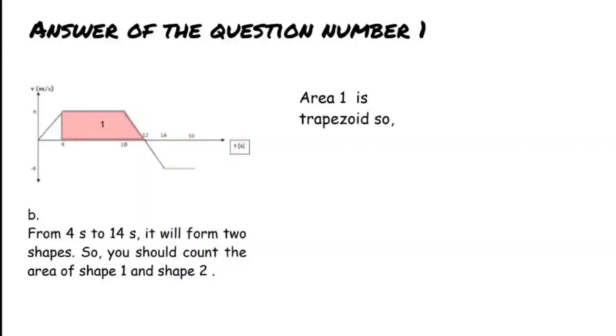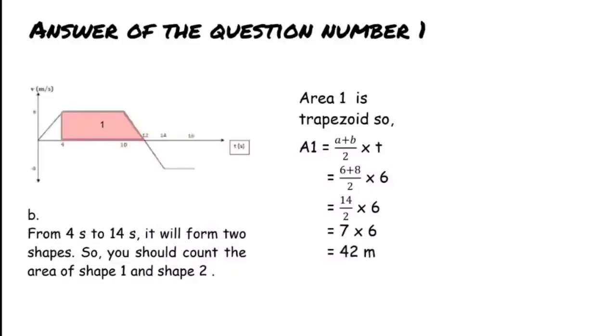Okay, area 1 is trapezoid. So area 1 equals A plus B over 2 times height. A is 6 plus 8 over 2 times 6 equals 14 over 2 times 6 equals 7 times 6, it is 42 meters. And then area 2,